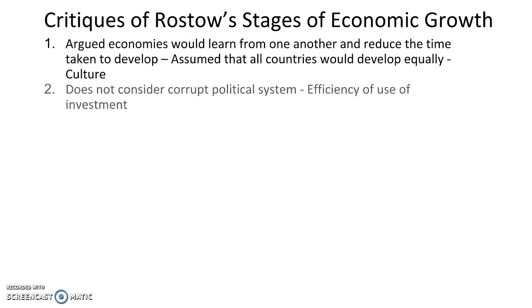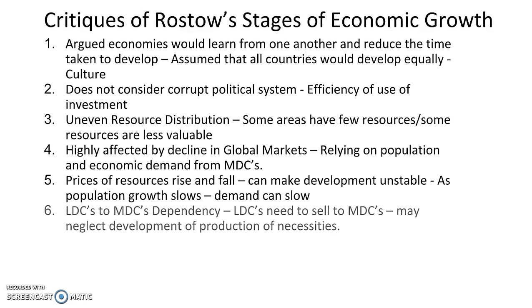There are many criticisms of this model. Let's take a look at these criticisms, 6 of them. They argued that economies would learn from one another and reduce the time taken to develop, which has not actually occurred, because they assumed that all countries would develop equally, but we know that culture and political systems do affect a country's economic systems. It doesn't consider a corrupt political system and the efficient use and need of this investment, the uneven resource development that is highly affected by the decline in global markets, that the prices of resources would rise and fall, and that this would be